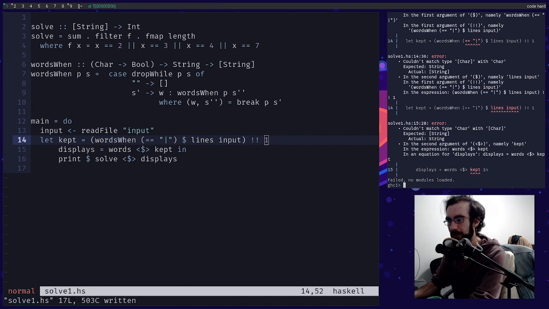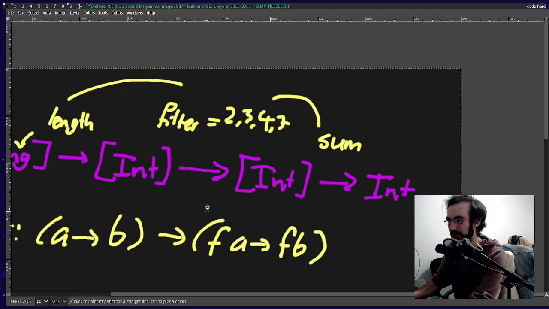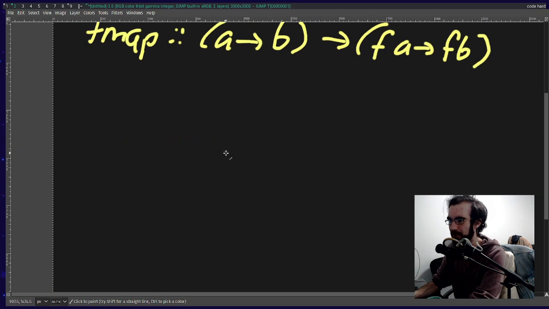Oof. Okay, hold on. Oh, hold on. I did something odd here. Oh yeah. Whoa. Okay, let's go. Let's go lines here, okay? Because we've got lines of input, right? We've got lines of input. For each line,